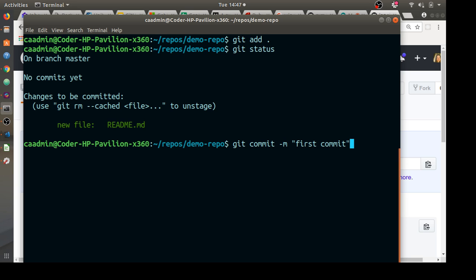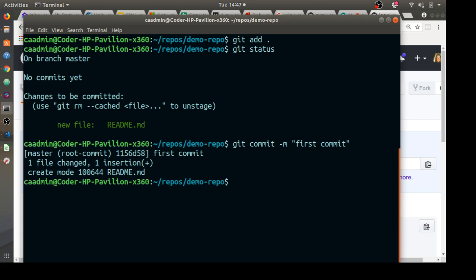You don't have to. You can say whatever you want. But when you do commits, your commit messages should be meaningful and descriptive of what you're committing. So when I run this, you can see that it tells me that I have committed on master branch,